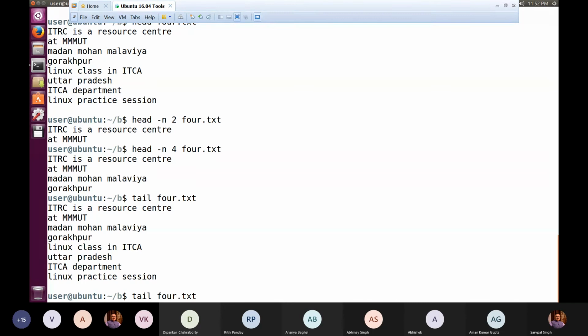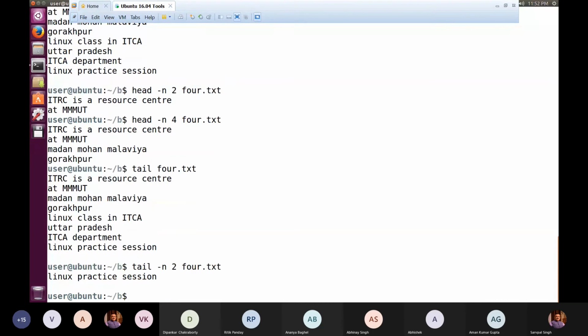But here too you can mention a lesser number of lines. So I can do minus n and then suppose 2 only. When I say 2, that means we have to display only 2 lines from the bottom side. That means the last 2 lines. Mind that in the previous contents of 4.txt, the last line is a blank line. So when I press enter, I am getting 2 lines. One which is not apparent over here is actually a blank line, and then before that we have